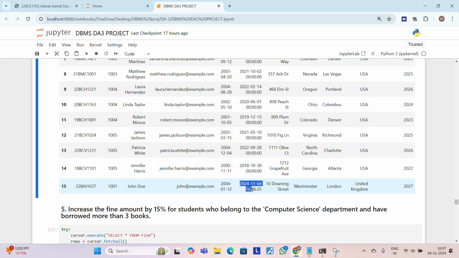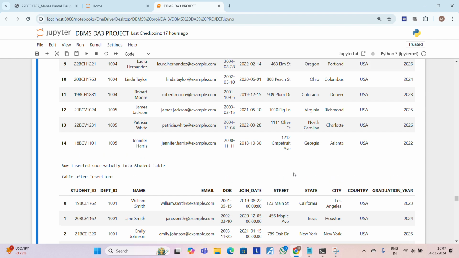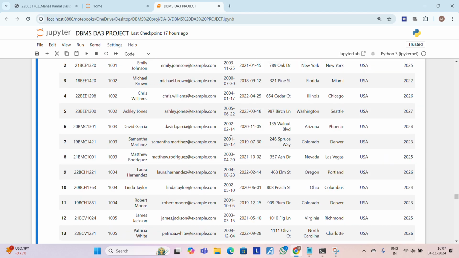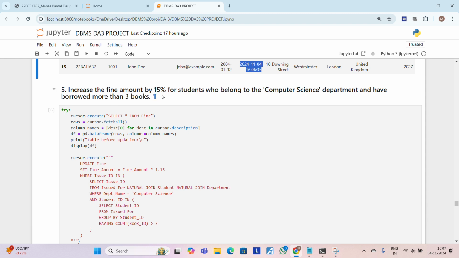And the joining date entered is the sys date, 4/11/2024, today's date. So this question is completed. We entered the join date as the sys date and also the graduation year as the maximum graduation year. So next, move on to the next question, that is increase the fine amount by 15% for students who belong